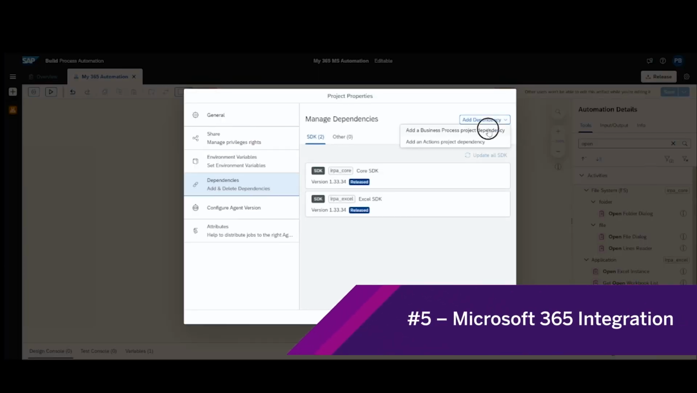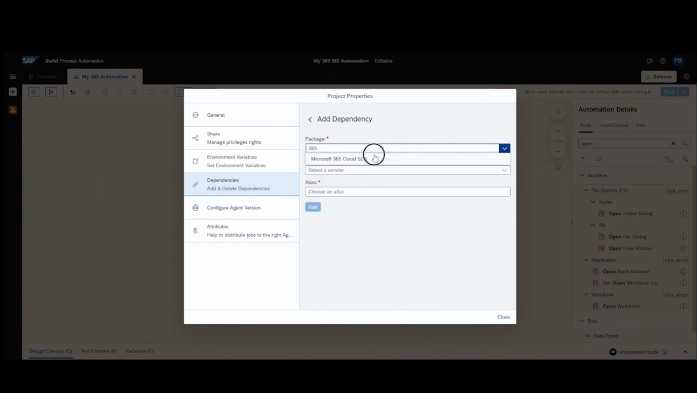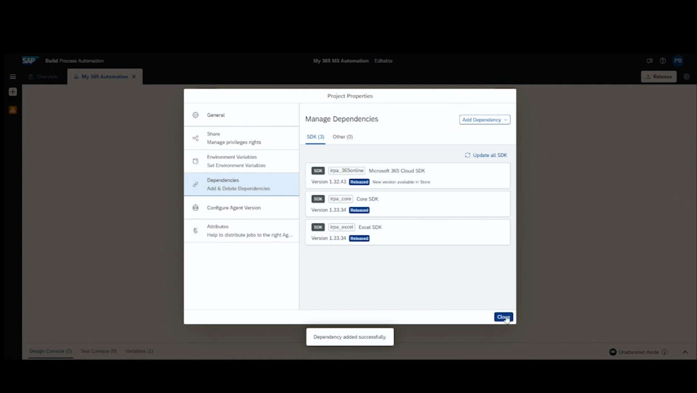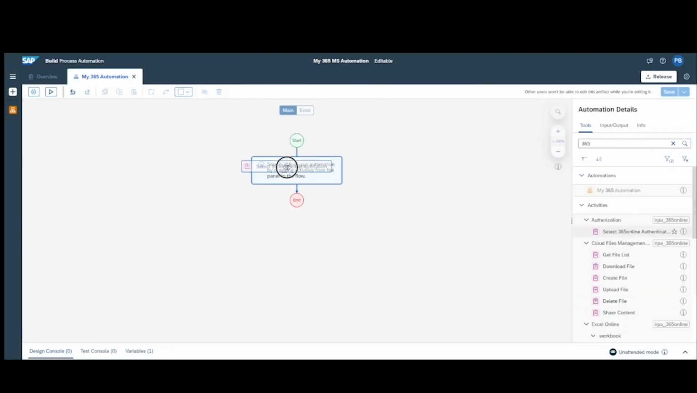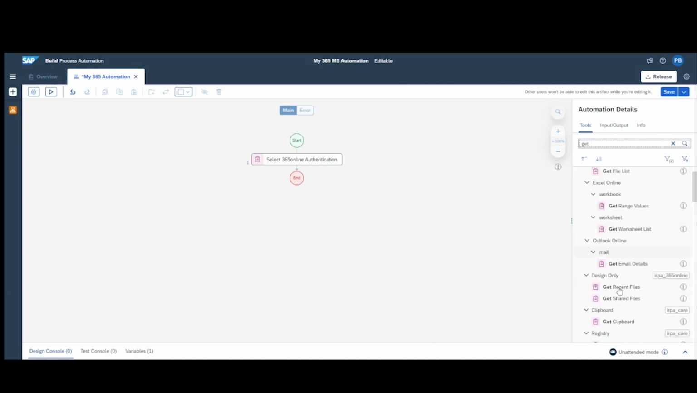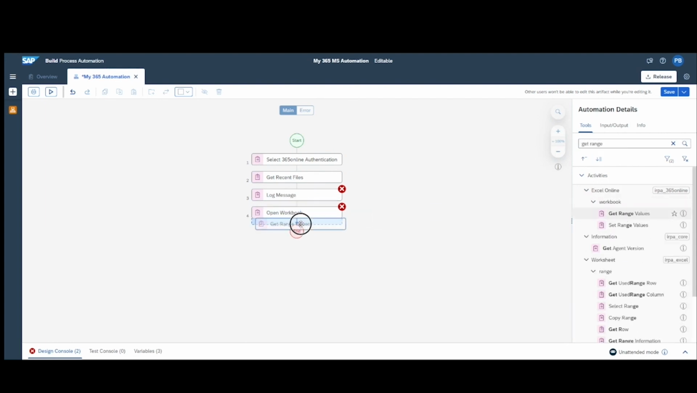And finally, we have Microsoft 365 integration. SAP Build Process Automation now has integration with Microsoft 365. Suppose you're a user of Microsoft 365, and in that case, you can use SAP Build Process Automation to automate certain tasks, such as searching for a specific Excel file on your Microsoft SharePoint or OneDrive, and extracting business data